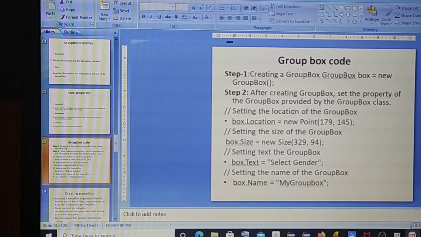See, this is how we are going to create group box using the code. This is the location of the group box. That is what we saw in the C# Visual Studio code. Select gender, name of the group